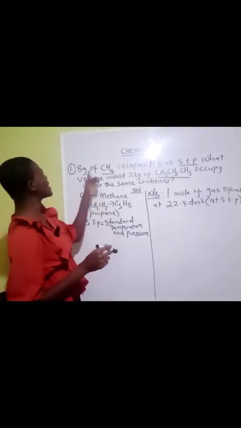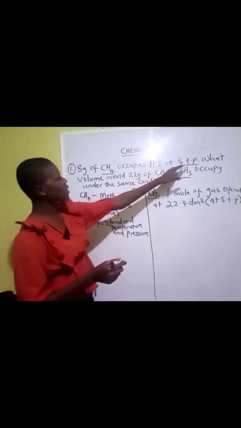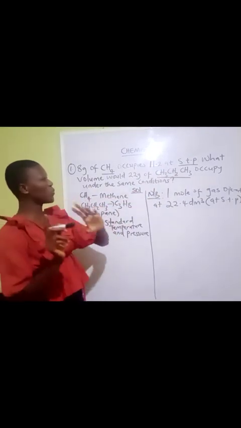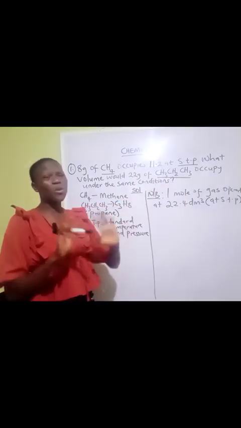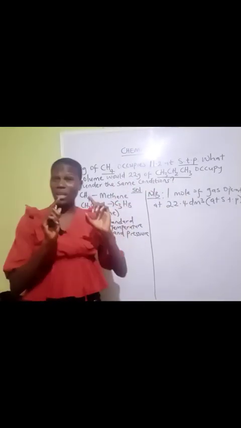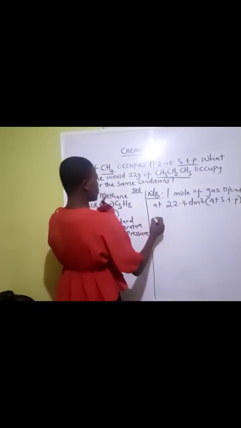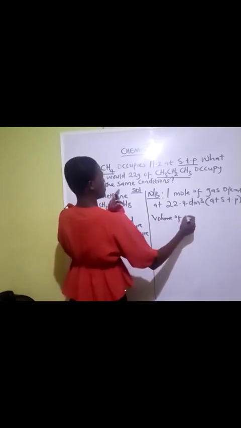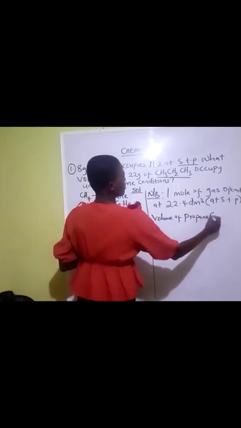Now the question says 8 grams of CH4 occupies 11.2 at STP. Now what we are asked to look for is what volume would 22 grams of this occupy? I don't want to waste your time. Let's get straight to the point, because when you're solving your questions, there's no time. So the question said what volume. We're looking for the volume of propane,